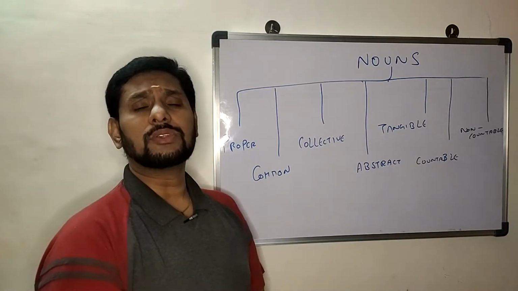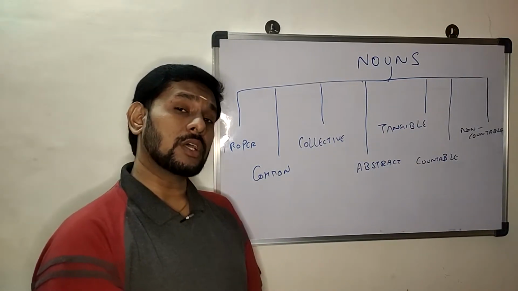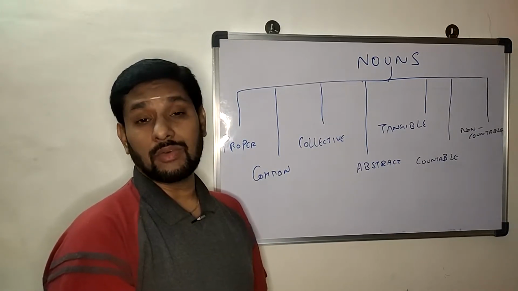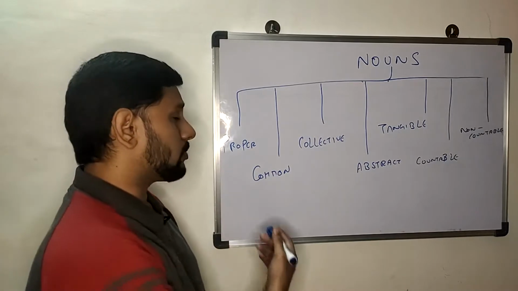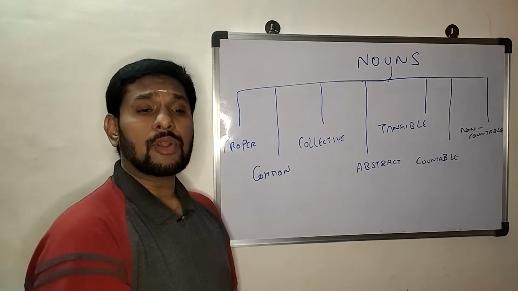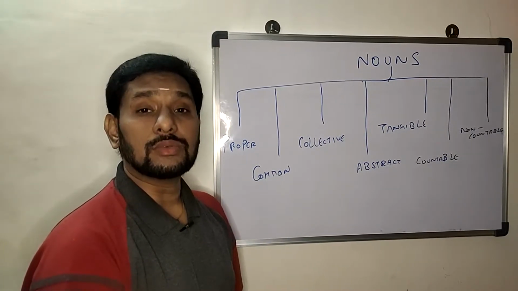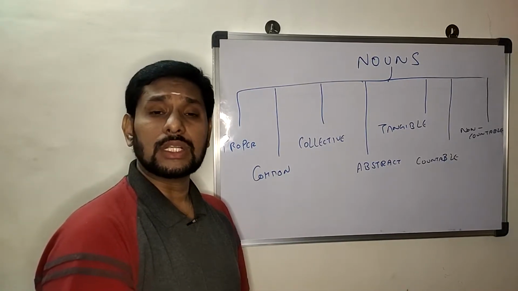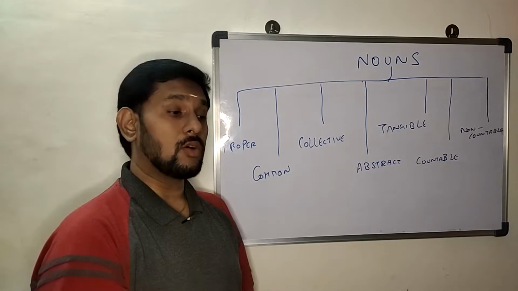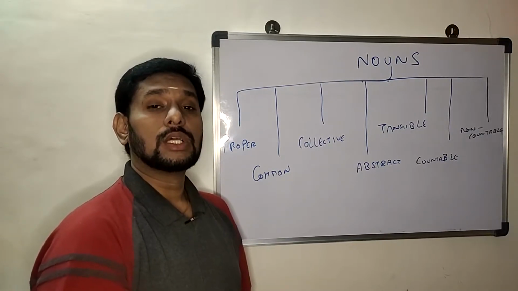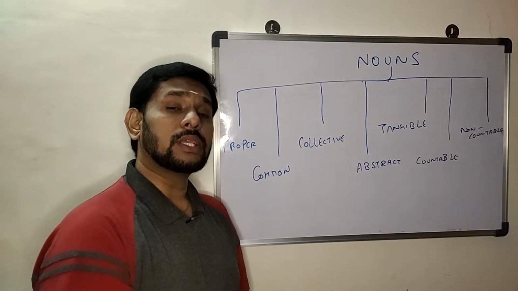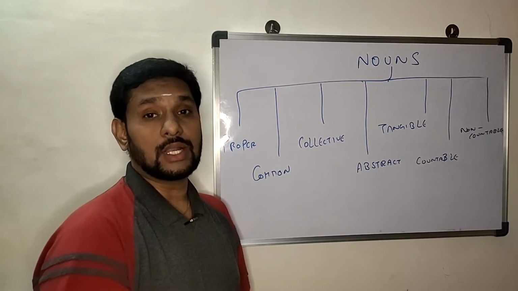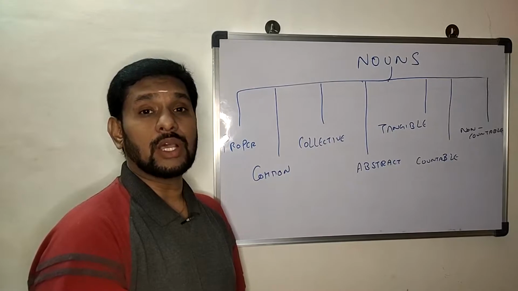Now, these are pretty simple to understand. All you have to do is understand the concept, wherein you would be able to identify the type of noun for that matter. Now, what is a proper noun? If you ask me, proper nouns are nothing but unique nouns, end of the day. So, for example, names of a person, a place, or days of the week or months of a year. It can be easily identified because wherever the word is, you will always capitalize the first letter of the word. That is what a proper noun is, right?